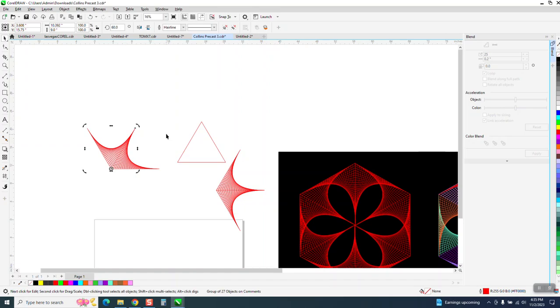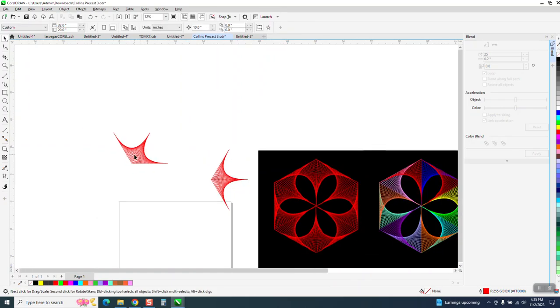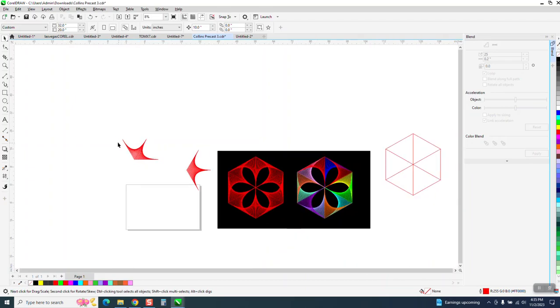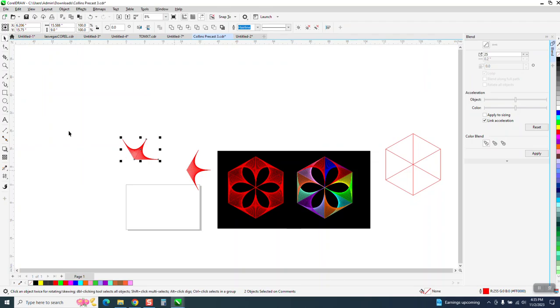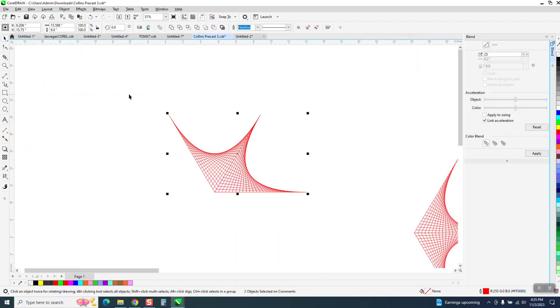So we've got that right there. Let me move this out of the way or just delete it. Now there are several ways you could go around this item, but we're just going to do it this way. They're all red right now. I'm going to Control D and make a duplicate and double click on the rotation and move it to that node. And this time we're going